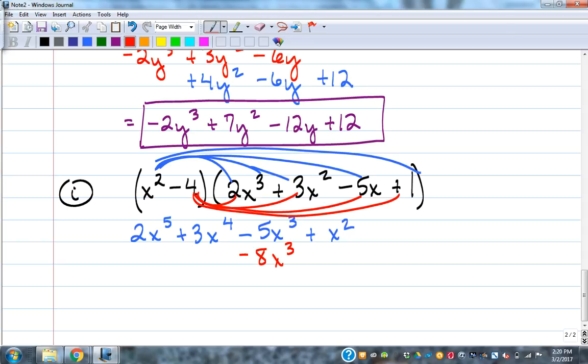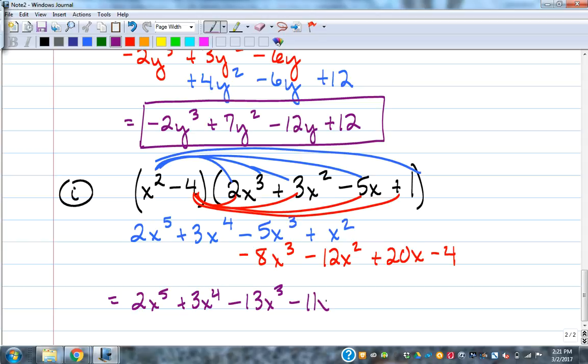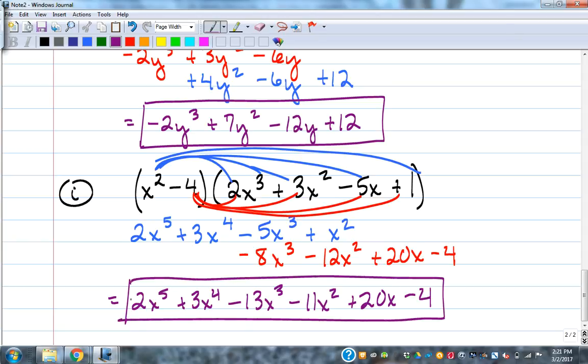So I just got to recognize like terms, and then be a minus 12x squared plus 20x minus 4. Two x to the fifth, 3x to the fourth, negative 13x cubed, negative 11x squared, 20x minus 4. A little longer, but